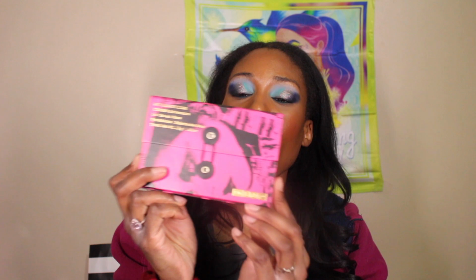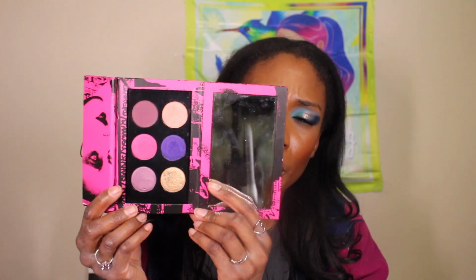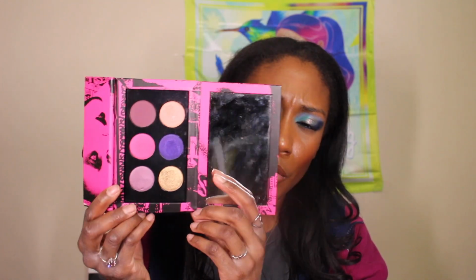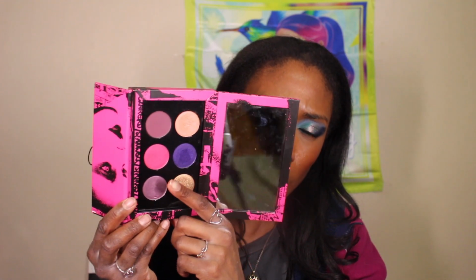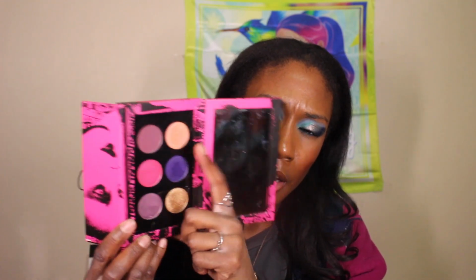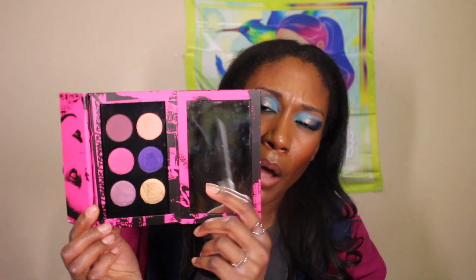So I have the Pat McGrath Levian Rose palette. I know this one's a little bit old, but I figure some people might still have it in their collection. And hopefully your purple didn't dry out, because I know some of you all told me your purple dried out. Mine is still fine, thank goodness, but this is what she looks like on the inside. To me, this gives some Valentine's Day vibes, if you will, because it has pinks and more berryish tone shades. And I felt like the royal purple would just be a unique pop to it, if you will, but